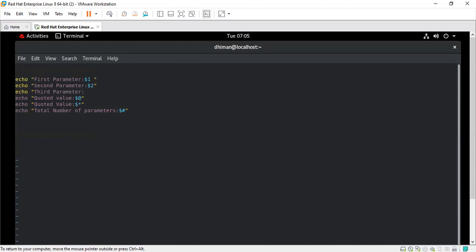Colon, then $3, and then we close it, right? So it is going to talk about the third parameter which we have taken, Khan. That will also come in that manner.